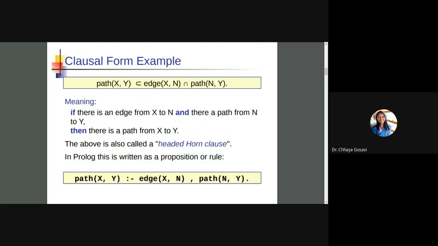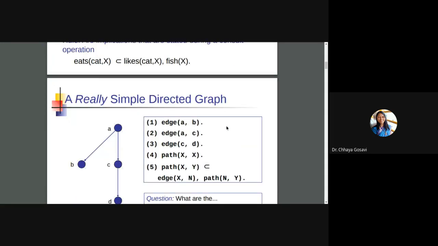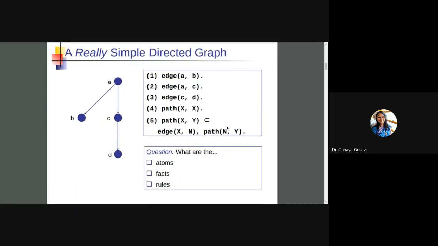Here, what is the meaning of headed Horn? If the first condition is true, then you can check the next condition. If the first condition is false, for example, if I ask you if there is a path from B to C, there is no edge from B to C, so you will not check the second part.